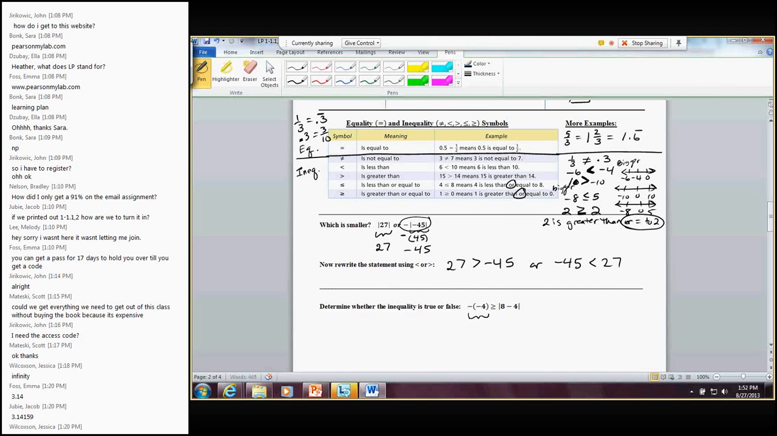The opposite of negative 4 is 4. On this side, you're saying, what's the absolute value of 8 minus 4? What's the absolute value of 4? Okay, 4 compared to 4. Is that true? 4 is greater than or equal to 4. True. And for your homework, you probably only have to enter